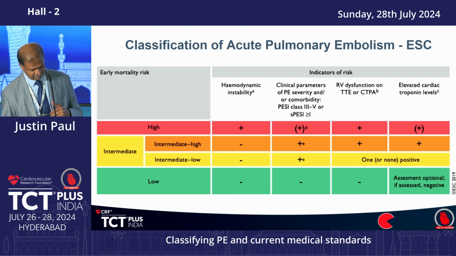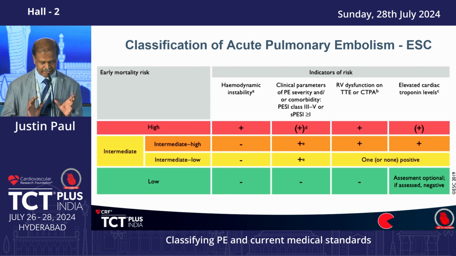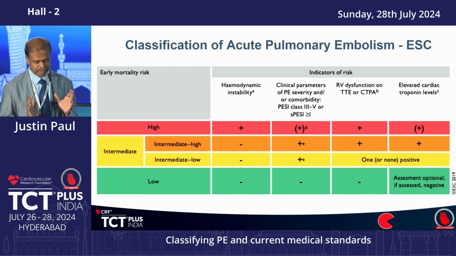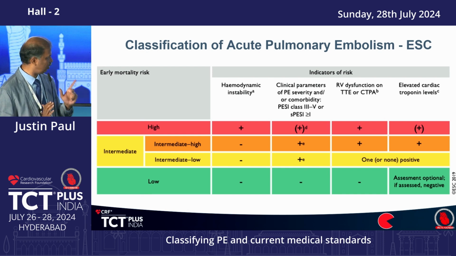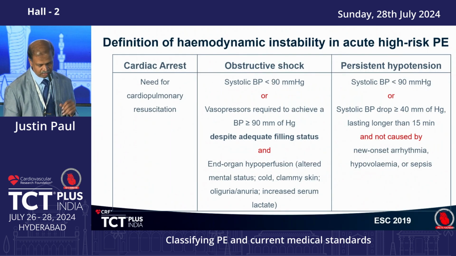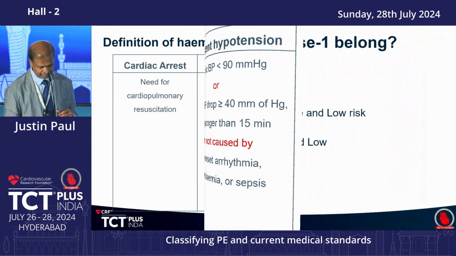On top of it, if nothing is there, the patient has a low risk of pulmonary embolism. Now, in addition, the risk factors have to be high. PESI score has to be 3 or 4, a simplified PESI score must be more than 0. In addition, if they have an imaging parameter suggesting RV dysfunction and troponin both are elevated, it is intermediate high. If only one is positive, it is intermediate low. So this I think I talked to you already.